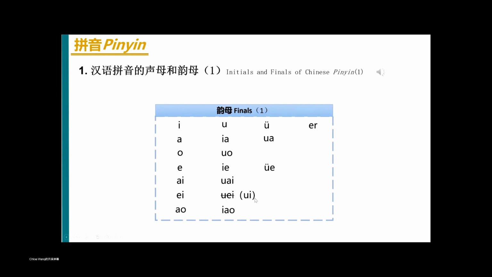And for this kind, in total, we have 3 finals that are written in this way. This is to tell you that the sound of this 韵母 comes from the first one. While in our daily use, we don't use this. We never use it. We just use the one in this code. So we can simply just remember this one, and that's why I crossed out the first one. And this one sounds like we.